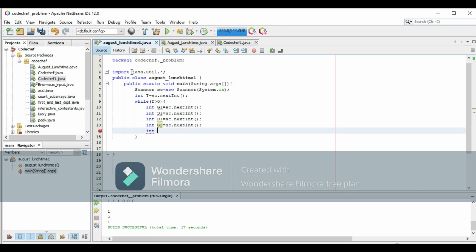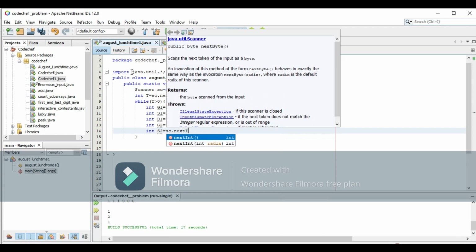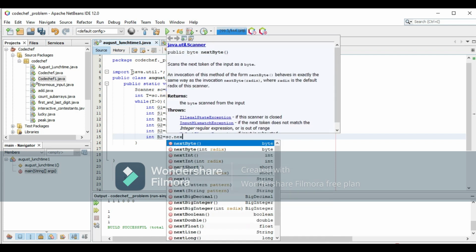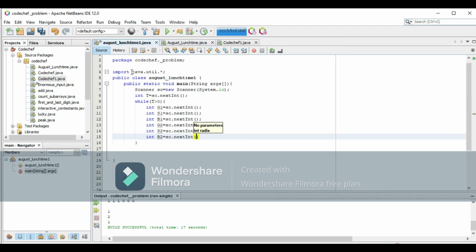Similarly int s2 is equal to sc.nextInt(). int b2 is equal to sc.nextInt().